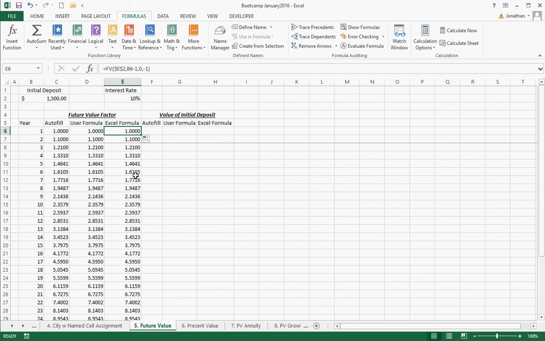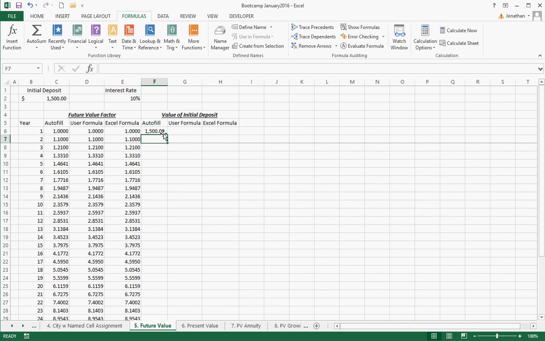So now I have this initial deposit. I'm putting in $1,500. So what happens to $1,500 using the autofill function? The 1,500, that's not going to change. F4 times the autofill amount, and this cell needs to be bigger. So I want to fill all those in, so I don't copy down first, I copy across first. And look what I'm doing. That's using the Excel function, that's using the user formula, all those are correct. And I double click down,